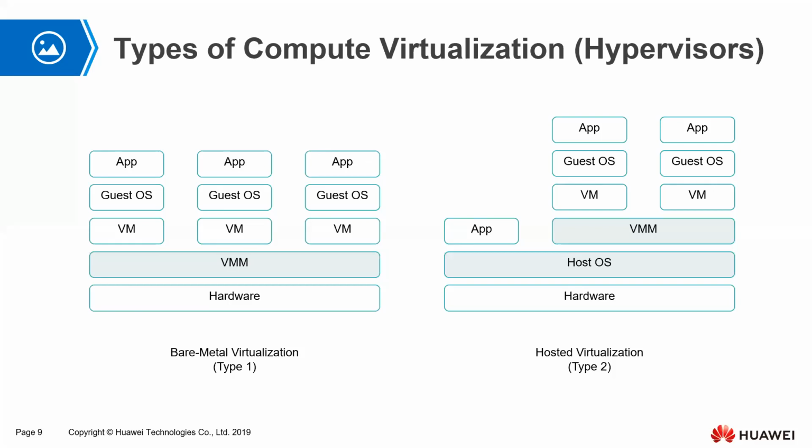Okay, we have hosted virtualization, which we also called type 2. The difference is that, like you hear the word bare metal, type 1 is installed directly on top of the hardware resources, while with hosted or type 2, you need an operating system, and then you install the hypervisor inside that operating system, which has other applications running, and then you can now set up your virtual machines.